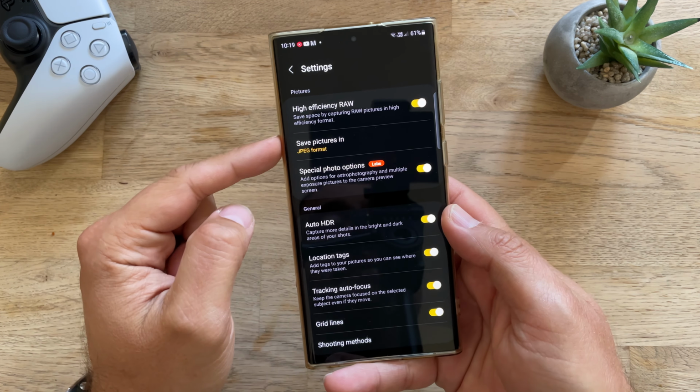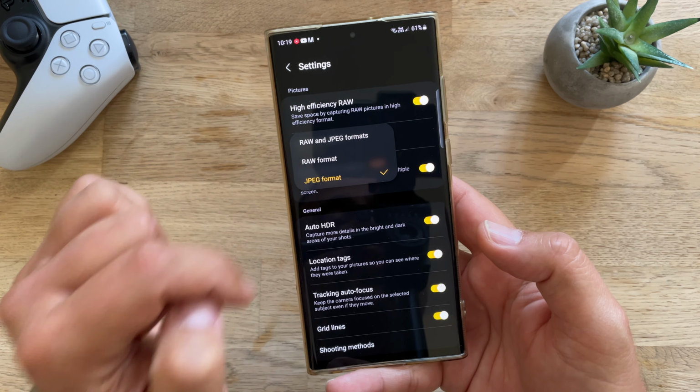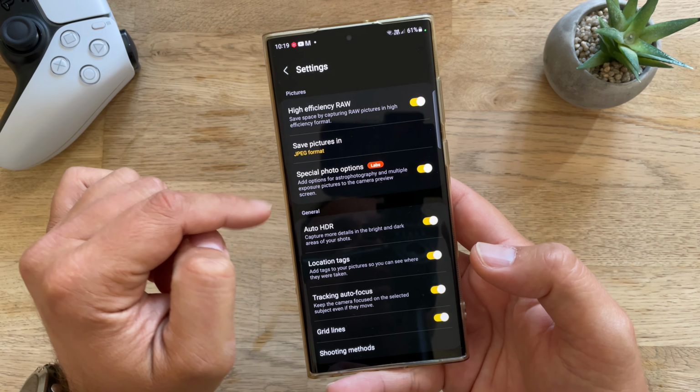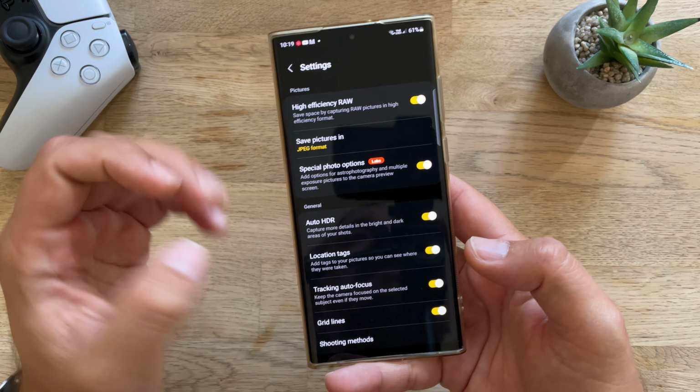So if you want to save some space, I would recommend for you to get that one. Save the pictures in JPEG, in RAW format, or both. Now for the sake of this test, I'm just going to use JPEG. And then guys, you have the option to choose the special photo options from the labs, and this is actually